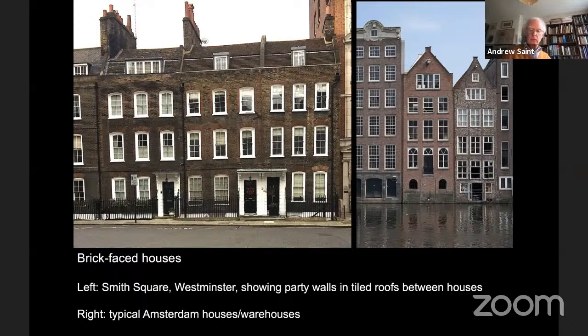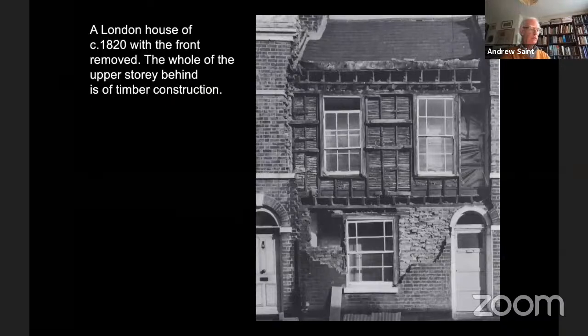Inside, the floors, roofs and finishings remained of timber construction. The brick was used not to replace the timber, I emphasize that, but to protect it. There's a rather curious picture showing a house in dilapidation in the East End of London. The whole front walls come off, and what you see, at least for the upper stories, is a complete timber house, really. And now let's go back to some